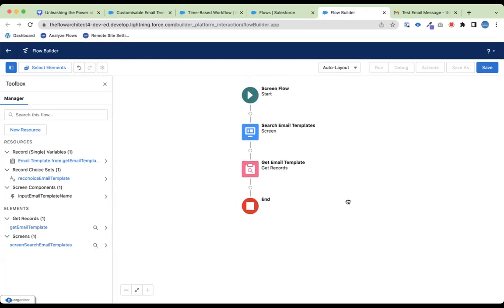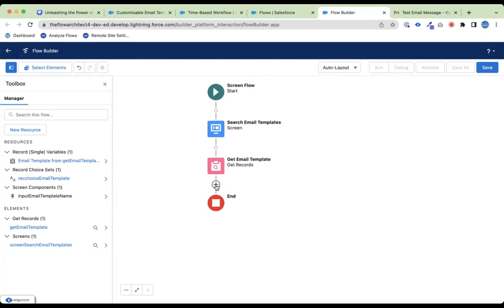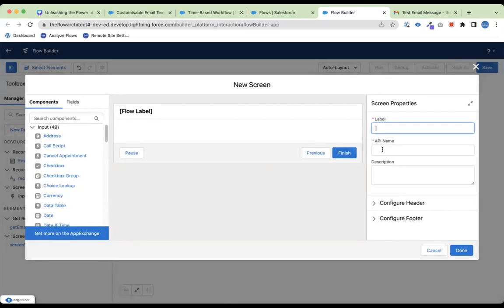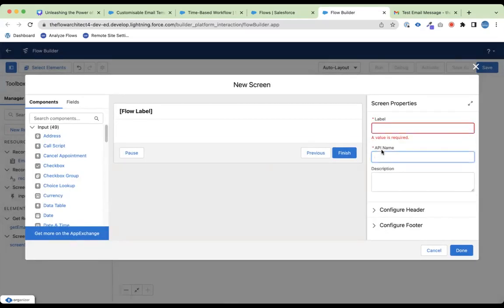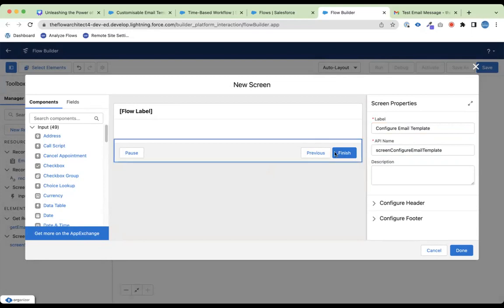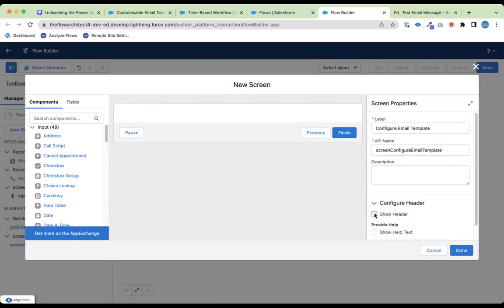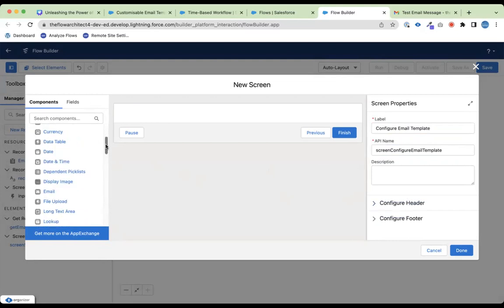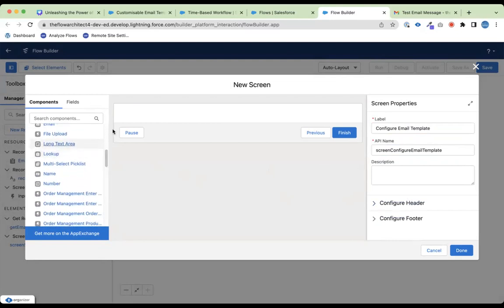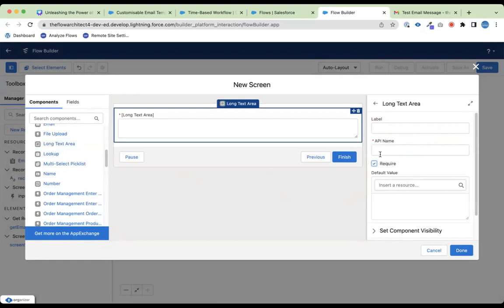What we're going to do at this stage is actually display the email template here. So we're going to have the input. We're going to have the screen here, and we're going to have this be our configure email template. Going to have the header, and in here we're going to use a long text area field for this one. Going to require this, and we're going to call this email body